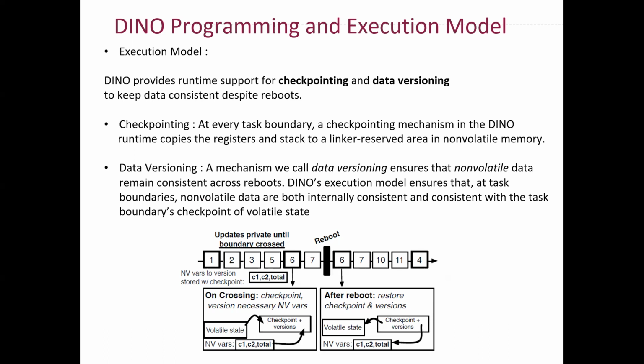And to protect against failures during checkpoint, the final operation of a checkpoint is to write a dummy value that must be intact for a checkpoint to be considered restorable. This is something like a flag or a Boolean flag. So in contrast to dynamic checkpointing, which was described, DINO takes checkpoints only at statically placed explicit task boundaries. So capturing execution context in a non-volatile checkpoint at each task boundary ensures that volatile data are consistent across reboots.